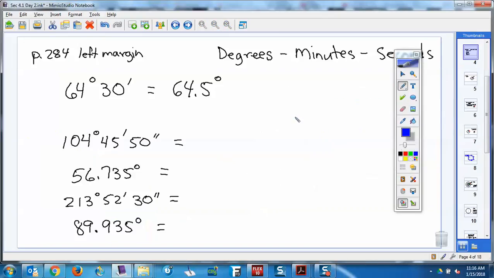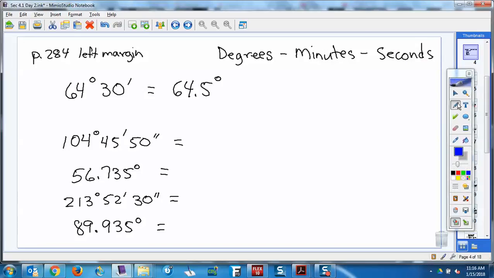Here we go. Okay, so this is on page 284, not a big deal, but it's something we should jot down here. I'm going to let you do this on your calculator, so if you want to get your calculator out,